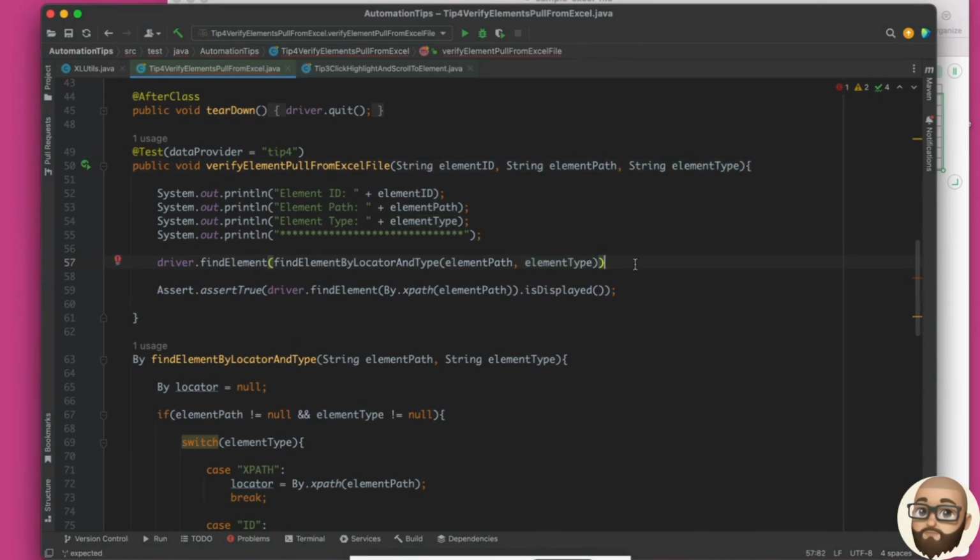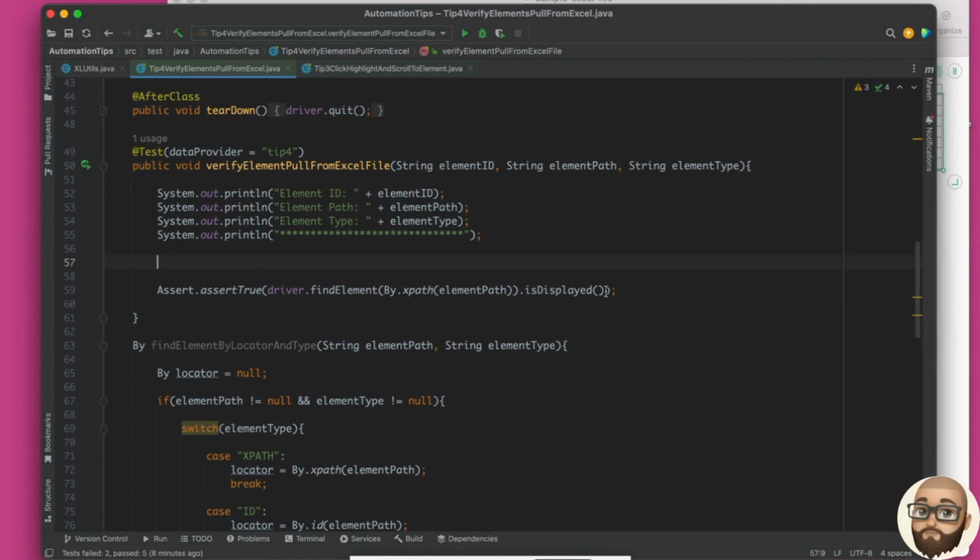Okay, so now this finds my web element, and if I again say isDisplayed, it's going to return a boolean for me that I can use in my assertion. So let me cut and paste this into this,